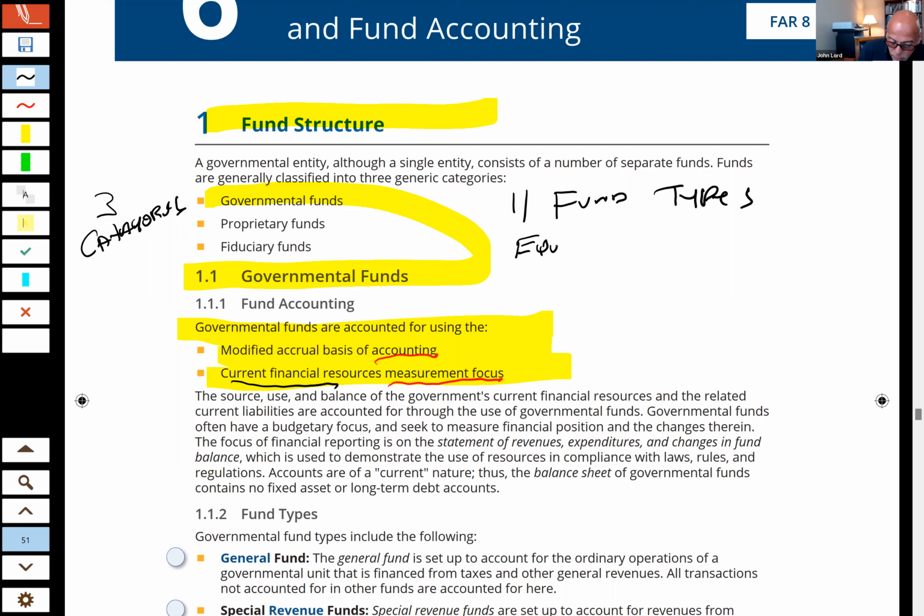Good. You're going to debit equipment. Say we pay $1,000 for it. And you would credit cash. This is the accounting you've been doing since you were 2 years old, right? Okay. But that's under full accrual. But let's say that this equipment was purchased by one of the governmental funds, say the special revenue fund that's keeping track of road improvement. Well, if that's the case, under modified accrual,